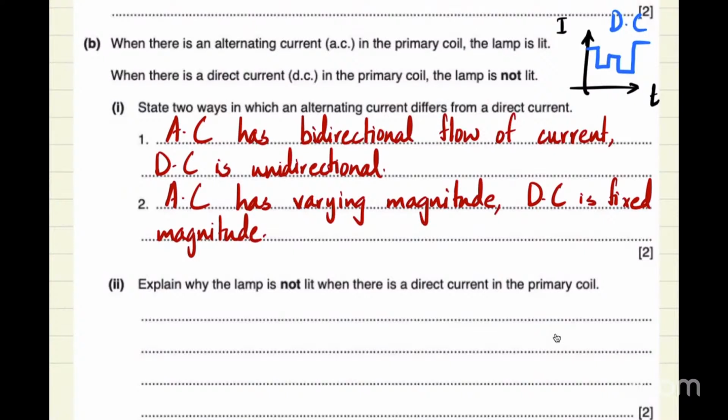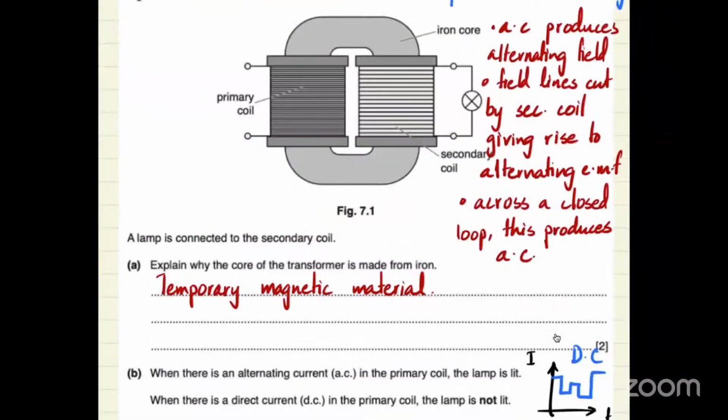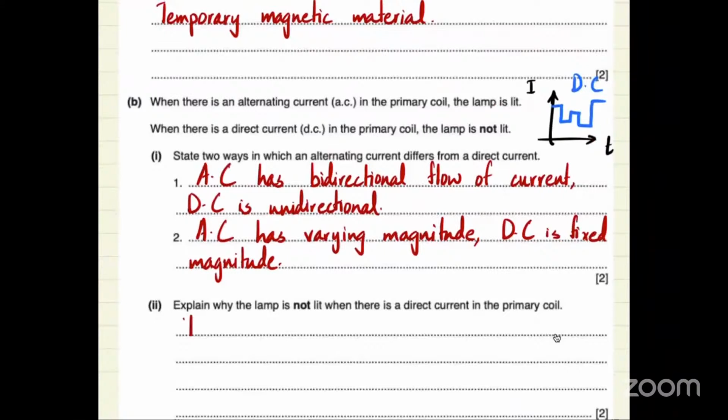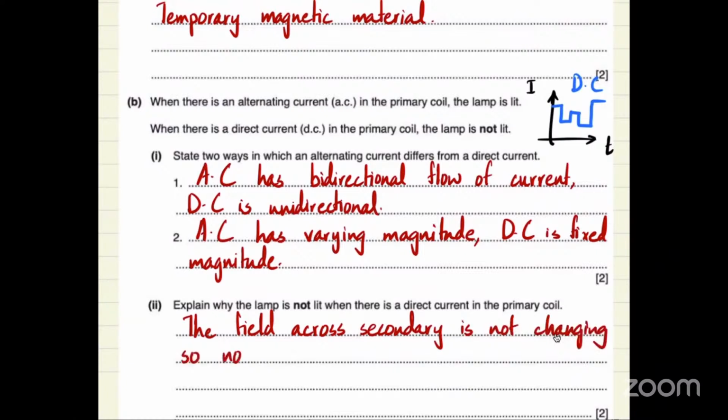there is a direct current। ठीक है, तो अभी तो आपने ये सारा बताया ना कि अगर AC होगा तो किस तरीके से आपके पास ऑल्टरनेटिंग फील्ड होगा। तो आपने ये बताना है कि अगर DC होगा तो क्यों आपके पास करंट नहीं होगा। सो अगर यहाँ पे DC है, सो व्हाई इज दिस लैम्प नॉट गोइंग टू लाइट अप? सो यू वुड सिंपली से दिस दैट द फील्ड अक्रॉस द सेकेंडरी, सेकेंडरी की बात करें क्योंकि वहां पे आपका लैम्प कनेक्ट है, इज नॉट चेंजिंग, सो नो EMF इज इंड्यूस्ड।